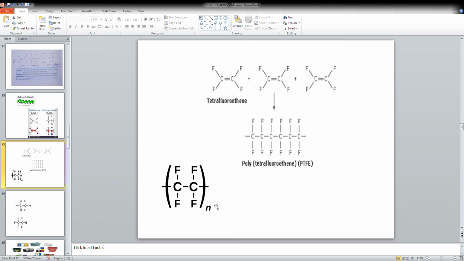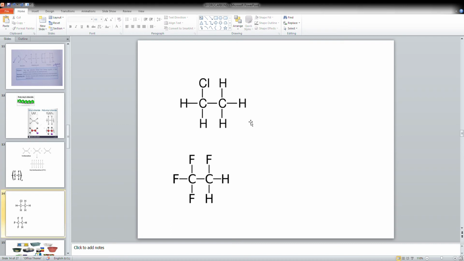Now you can see here, all four hydrogens are replaced by four fluorine atoms. This is called tetrafluoroethene. Tetra means four fluorine atoms substituted in the place of hydrogen. So this is the structure of tetrafluoroethene. Getting a large number of them, we form polytetrafluoroethene, which we call PTFE or the non-stick layer, right? Likewise, we can get derivatives. Here again, this is the PVC monomer and this is the monomer of Teflon. Generally, we call it Teflon, right?